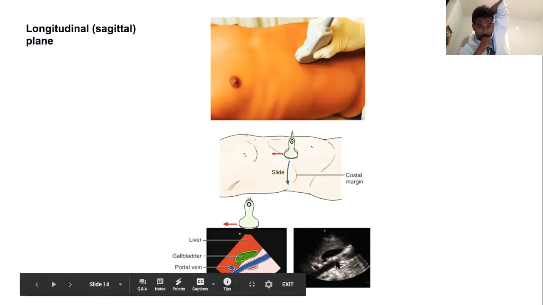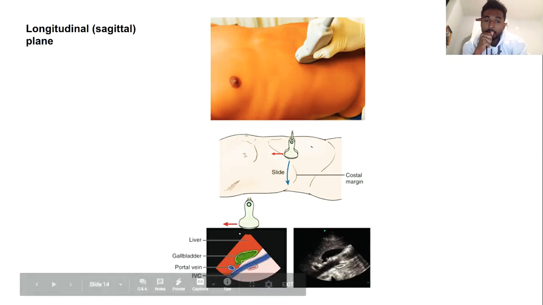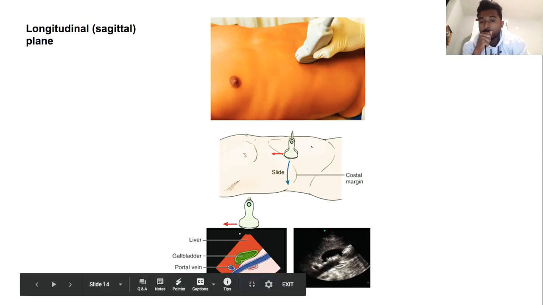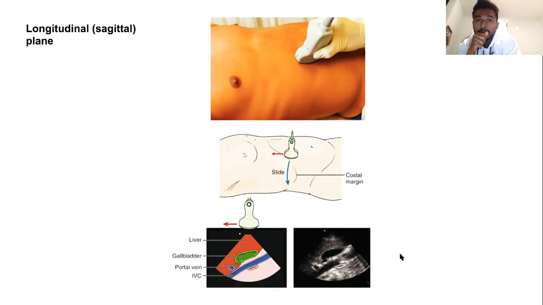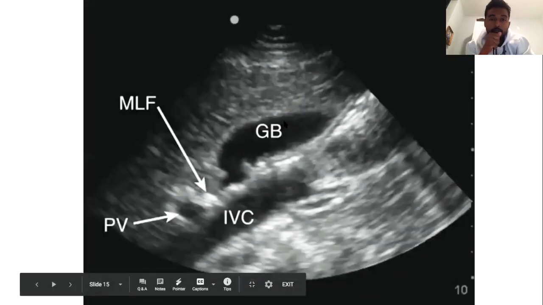So in that view, you have the gallbladder, next the fissure, and then past the fissure is the portal vein. It makes this exclamation point, and this dot is the portal vein, and this is the inferior vena cava. Next, it's a zoomed in picture, same thing: gallbladder, main liver fissure, portal vein, and